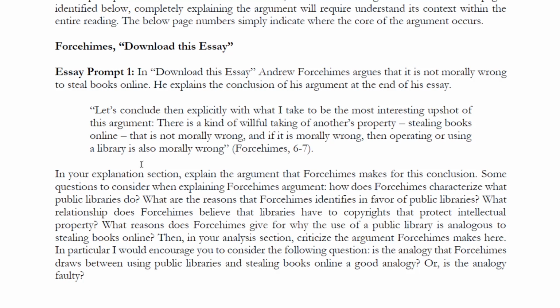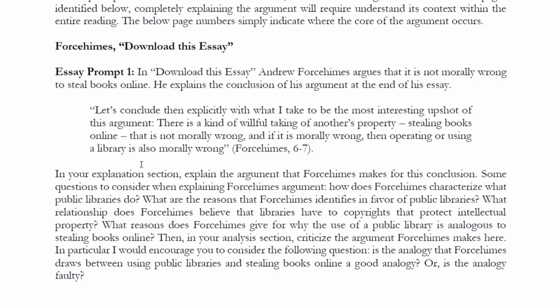So I want to make a point about what the purpose of these questions is. The attitude or the approach you should take is not necessarily that you have to address each of these questions, or even if you do address all these questions, that you have to address them in the same level of detail. The reason I pose these questions to you in the prompt is simply to help you think about the issue and to give you some guidance. I'm pointing out to you, here are some very important points or primary points made in the argument or made in the article that you should be